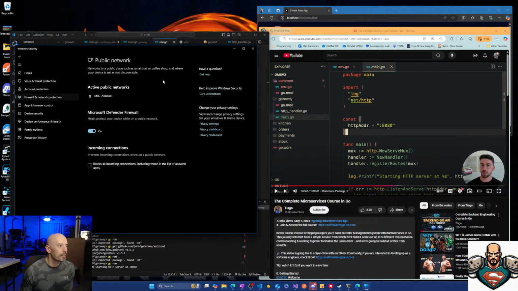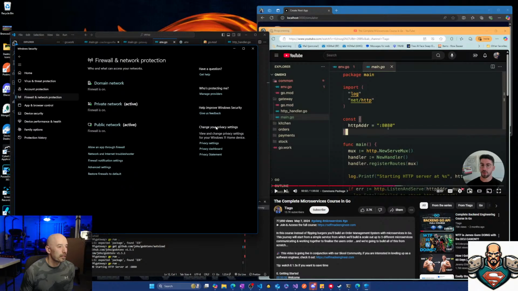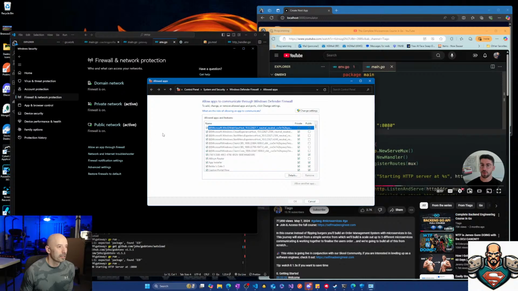And then I want to allow privacy settings. Nope. And where to go? Allow an app through firewall. Is there a gateway.exe here? A, B, C, D, E, F, G. Yeah, there it is, gateway. I don't know why it wants to go through public, but